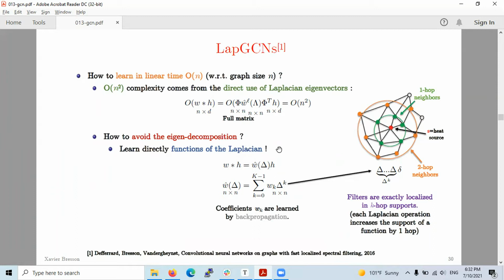Also, I didn't really understand the concept of one hop or two hop, wherein he talks about one hop supports, especially because I wasn't really clear about what supports are. It's probably something mathematical. I was looking it up on Google, and it says it's something related to mathematical analysis, but I didn't really understand what a support is. If someone has understood what a support is, if they can share, that would be very helpful.